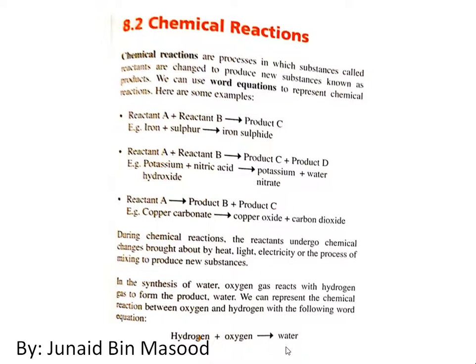in elements and compounds. Now in the synthesis of water, oxygen gas reacts with hydrogen gas to form the product, which is water. We can represent the chemical reaction between oxygen and hydrogen as